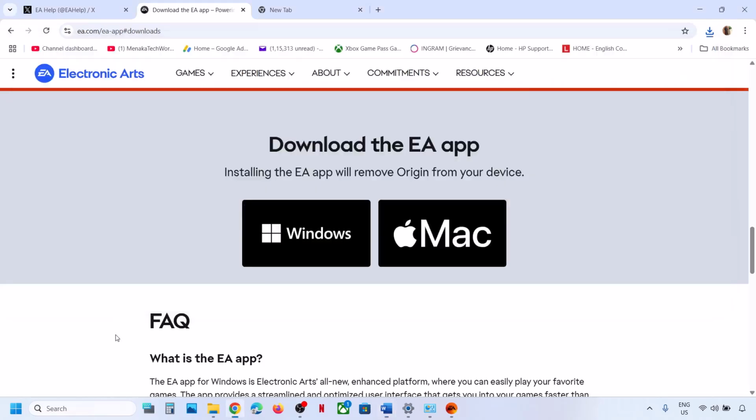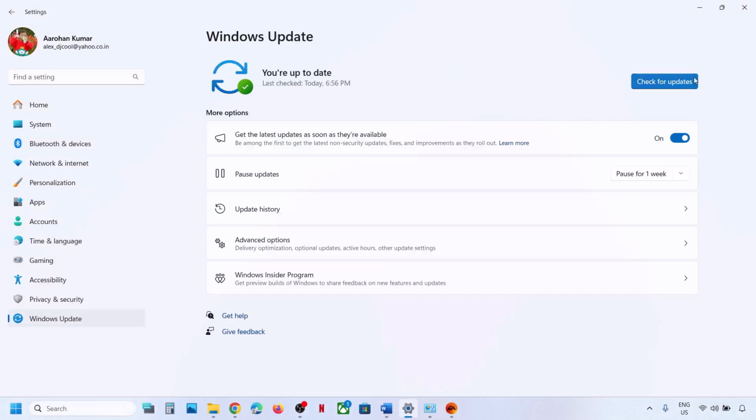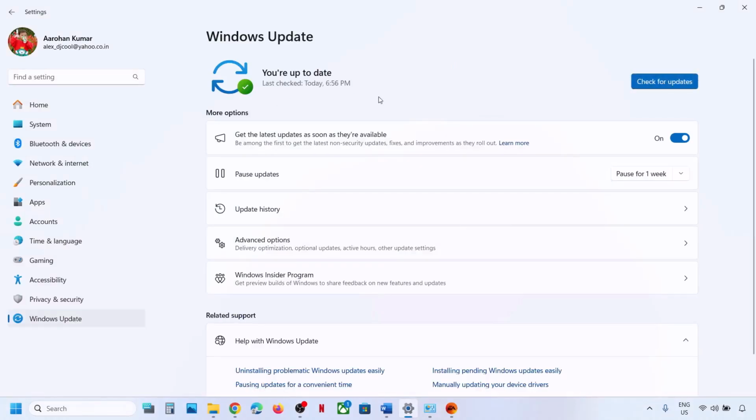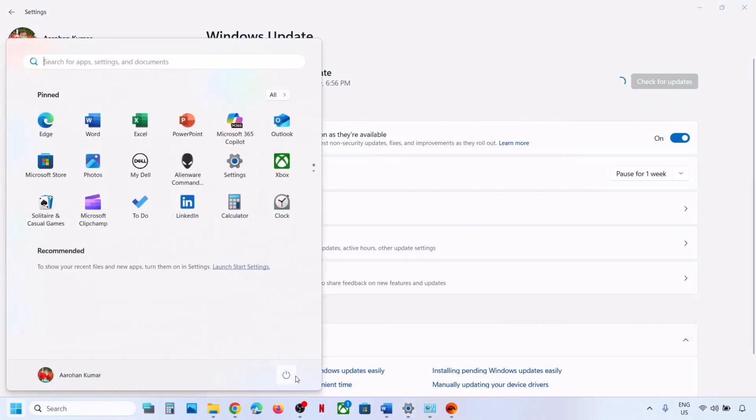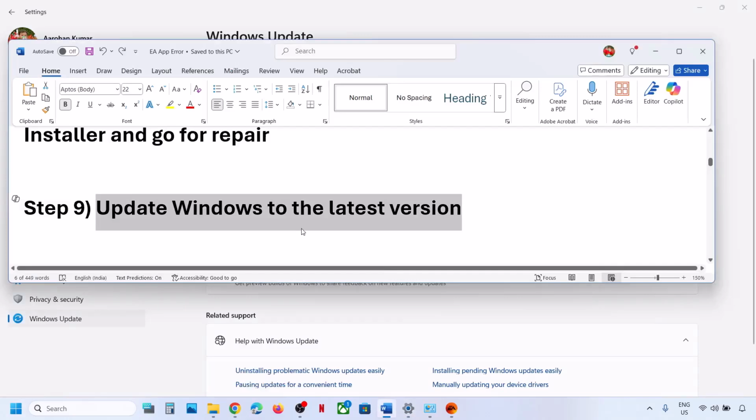This is important. So open Windows settings, go to Windows Update or Update and Security and then click on check for update. So click on check for update over here, and once all the updates are installed, then restart your computer, and after the system restart you can check. Still not working. The next step is to